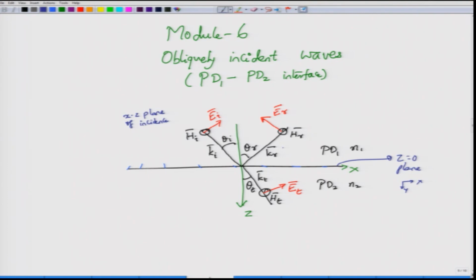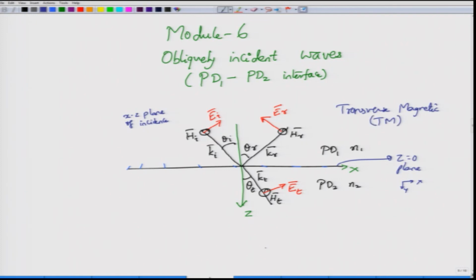So, this scenario in which the magnetic field is perpendicular to the plane of incidence is called transverse magnetic polarization. There are some additional ways in which these polarizations are denoted, but I feel that spelling out transverse magnetic makes it better for our understanding, because this clearly indicates that the magnetic field will not have any x and z component, or rather the magnetic field will have only the y component, which happens to be transverse to this plane of incidence. Okay. So, these are for short called TM.